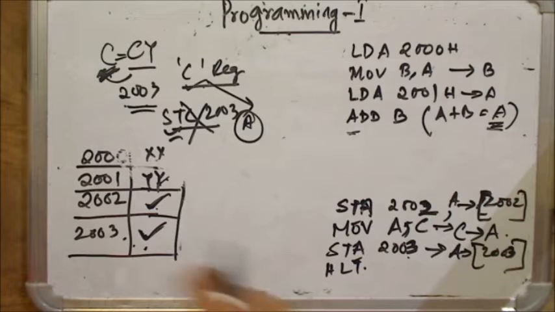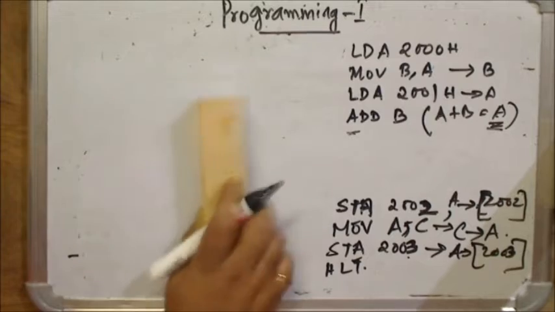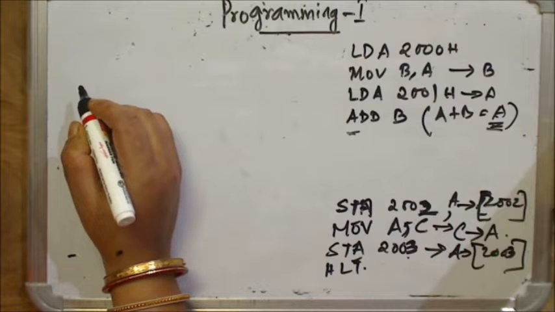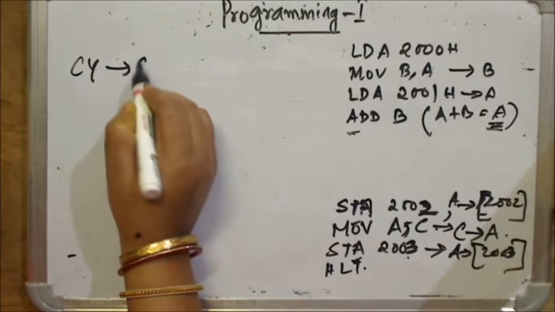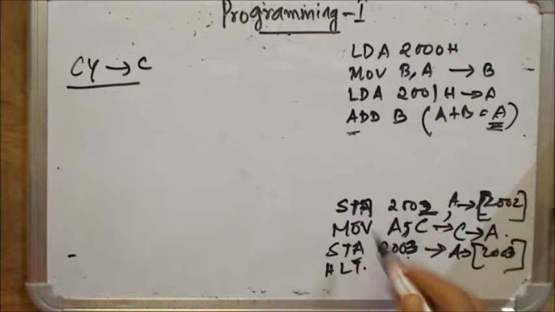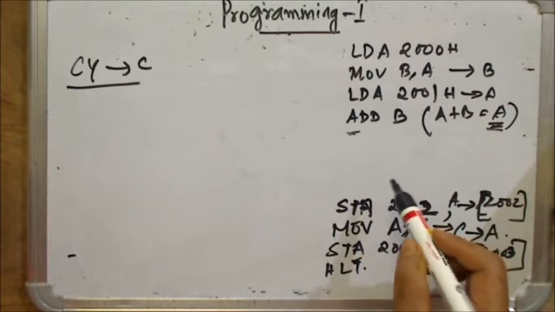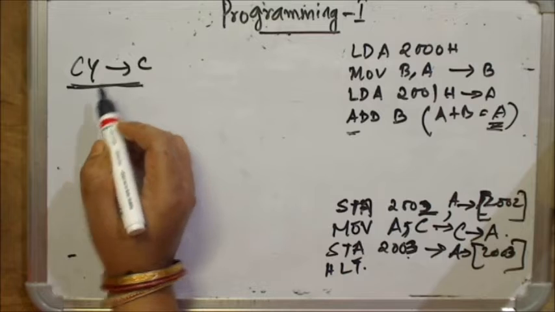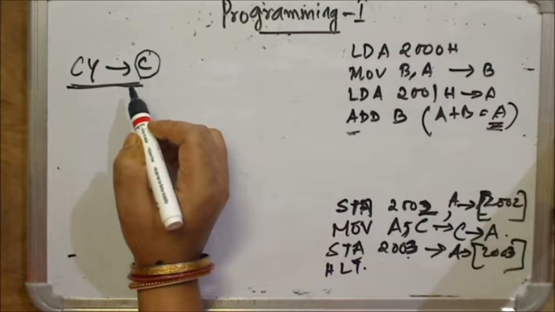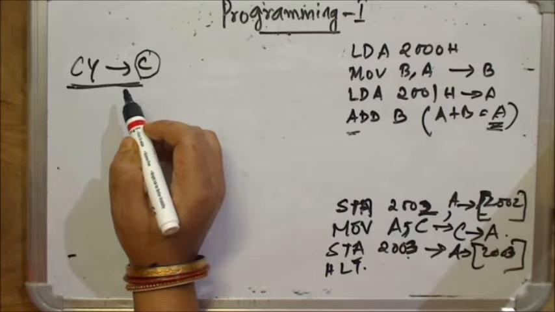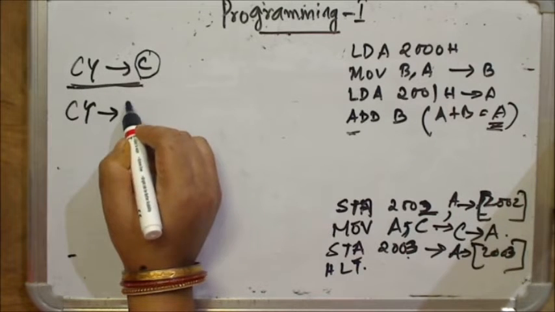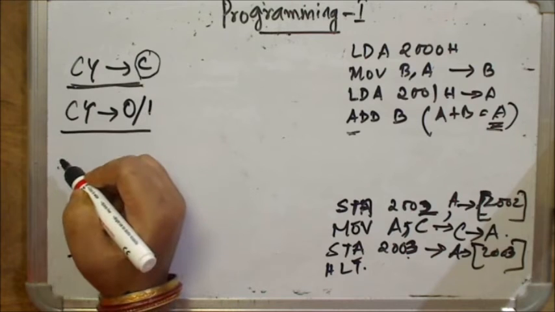Now the only thing left to be done here is to get the correct value of carry into C register. Up to here it is clear, but there is something in between we have to do with the carry. We have assumed that the carry is stored in C register. Now tell me who holds the carry. After you do the addition, carry comes to the carry flag. After an addition, the carry flag is either 0 or 1. That is, the carry flag changes its status.